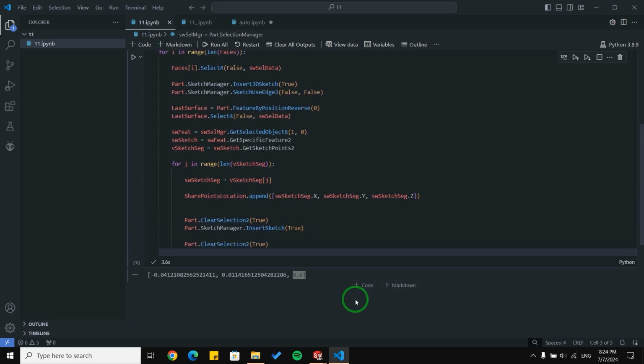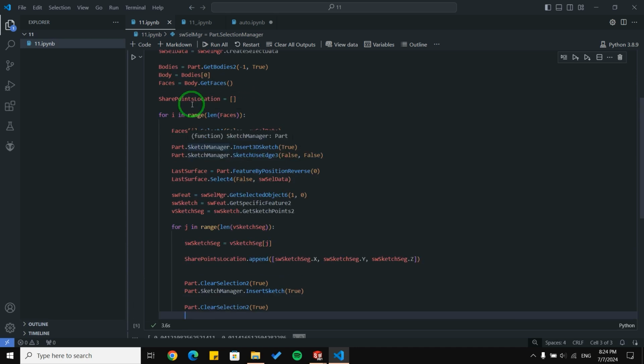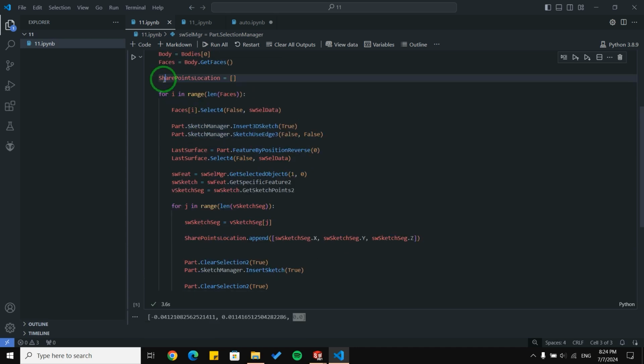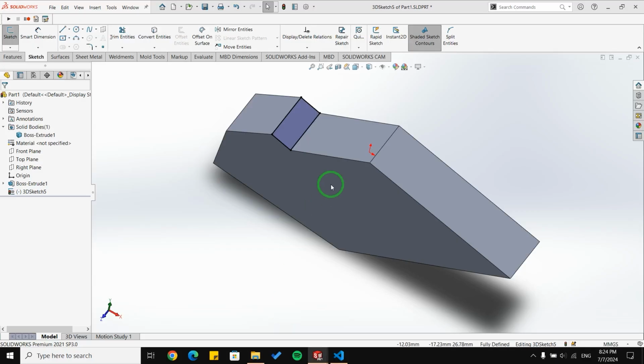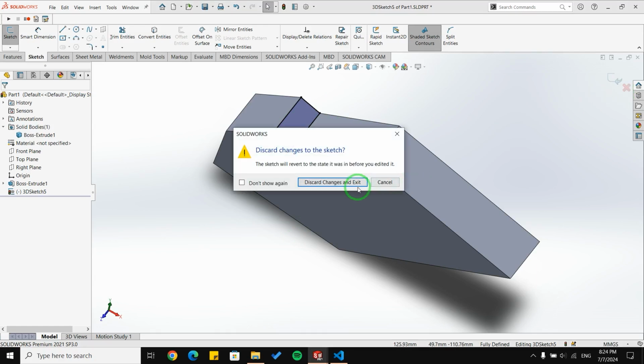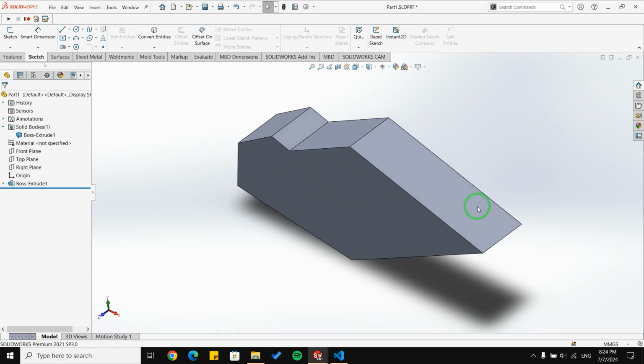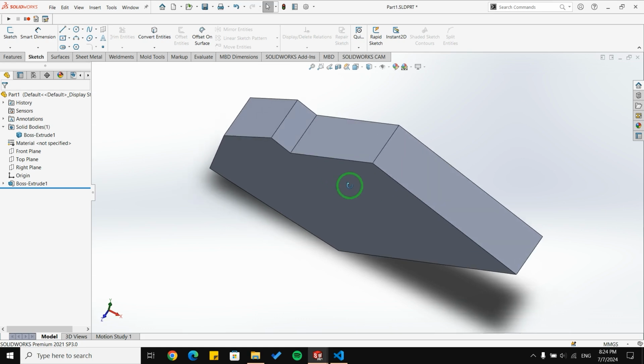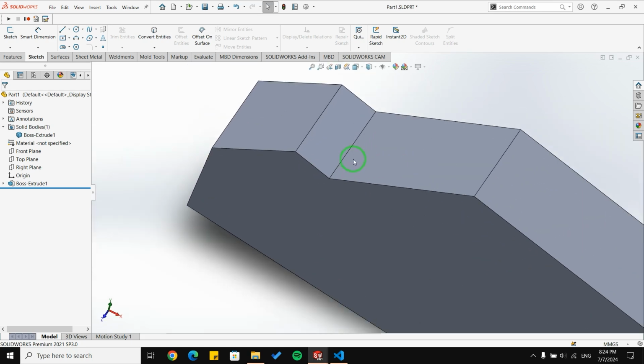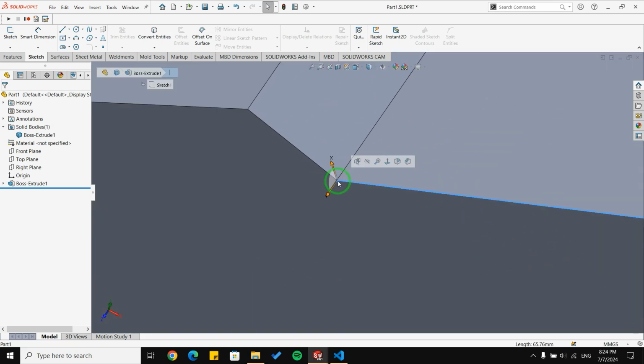Okay, let me explain them. I have a variable here called SharePoint location, and I name it SharePoint location because, as you can see here, some points, or it's better to say all of the points, are shareable. For example, look at this point here.